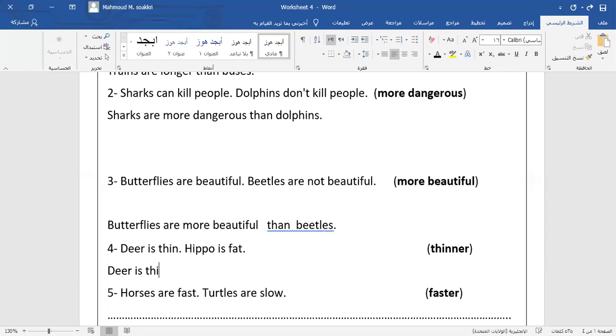Thinner. Yes. After the adjective, I put the word than. Before part 2, look at the